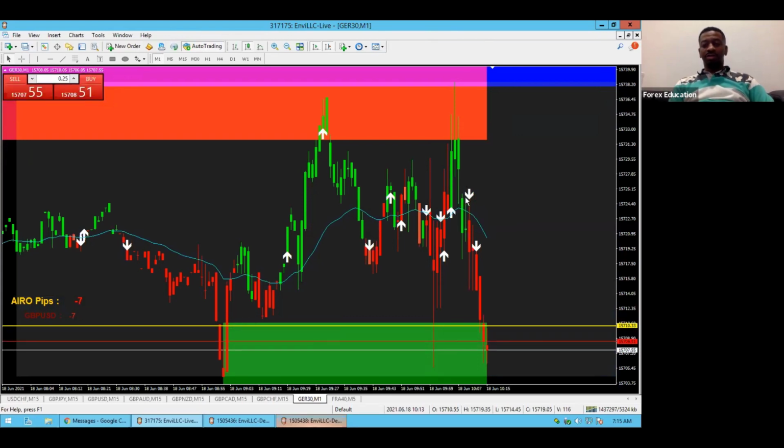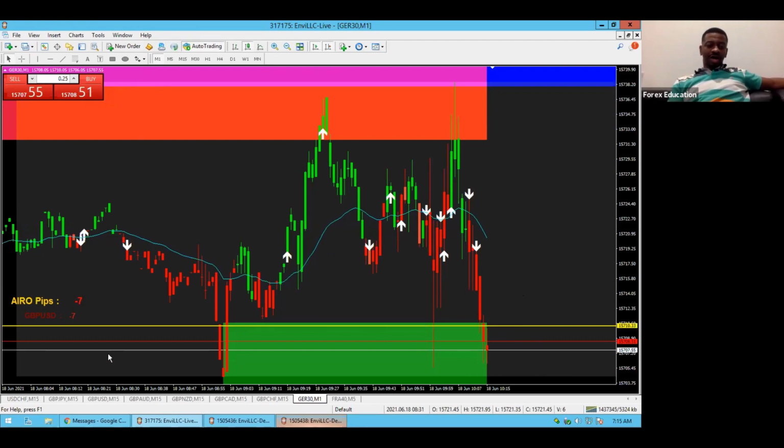It gapped down and I could have entered in here, but it didn't make any sense. I didn't want to have unnecessary drawdown. I was expecting it to come back. But if we had entered in there, we'd be up 175 pips right now. I already know somebody's in it. Who's in it? If you're in it, say in it. I'm mad that I'm not in it. Up 175 pips. That's not bad right now.